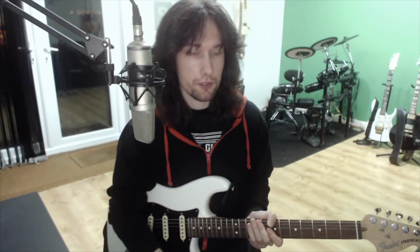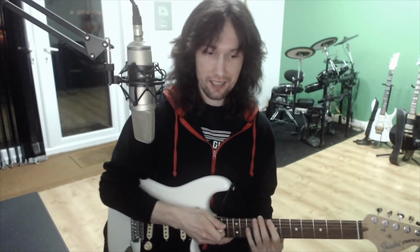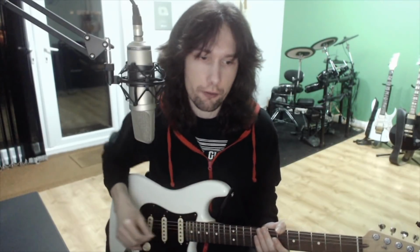getting that little finger into that 12th fret, because the further down your guitar is, the more distance you've got to cover around your neck to then be able to stretch. It's going to be a lot more difficult. So we don't have the riff that we do have on the record being played all the way through on this live performance. So having this